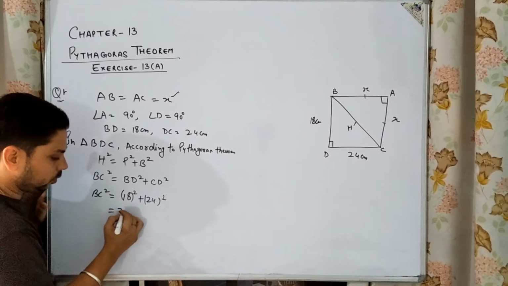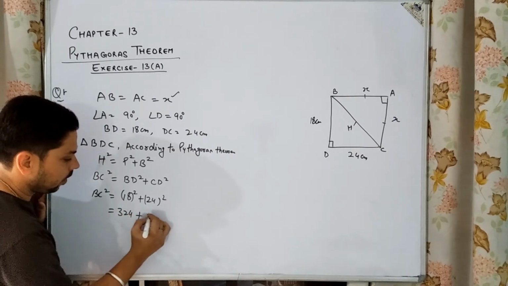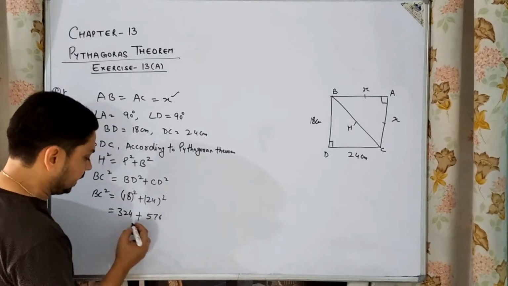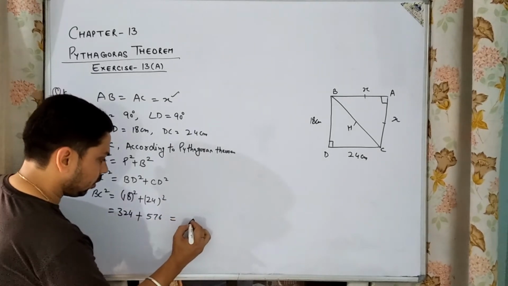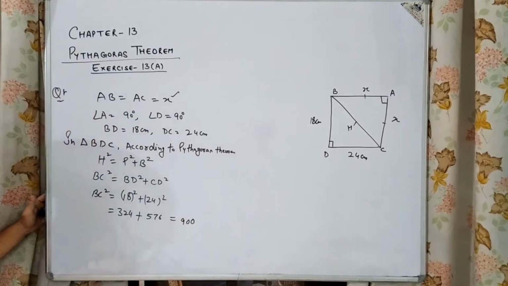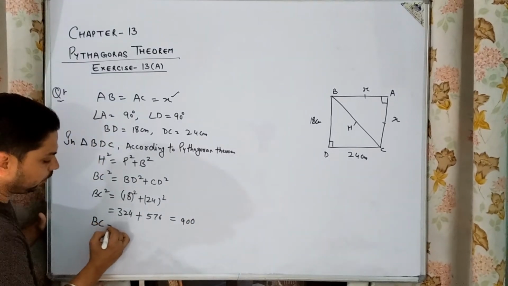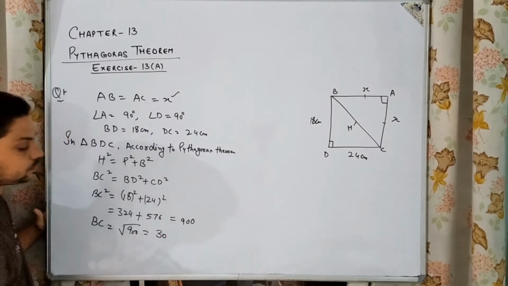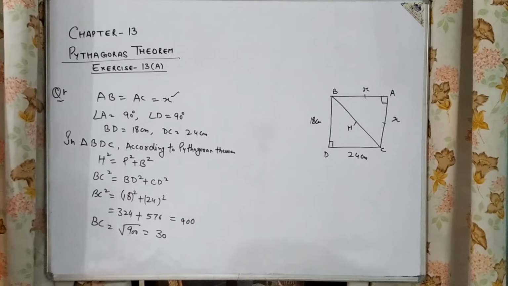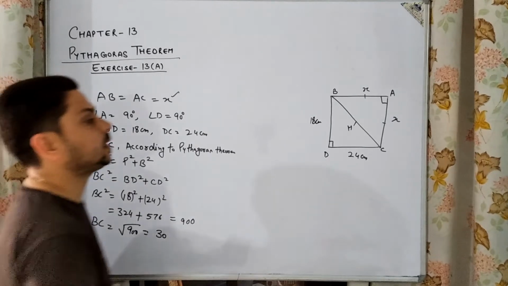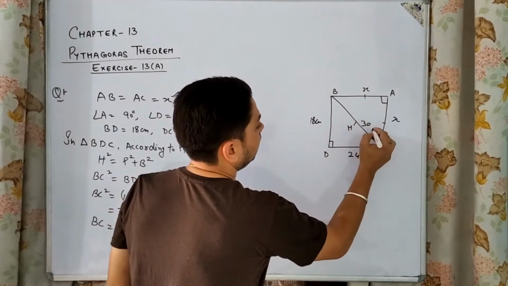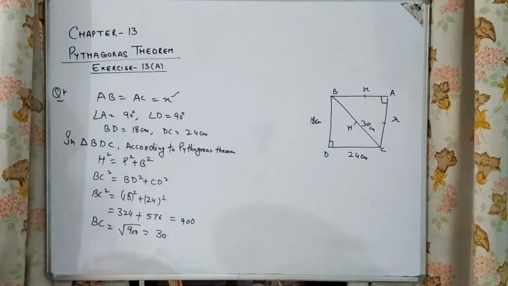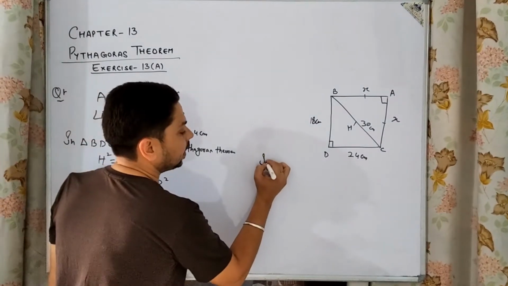This is equal to 324 plus 576. 324 plus 576 is equal to 900. So BC is equal to square root of 900. This is equal to 30. So BC we have as hypotenuse 30 centimeter here. Now we are going to take another triangle, the right angle triangle